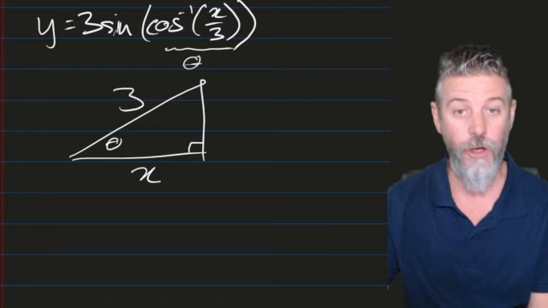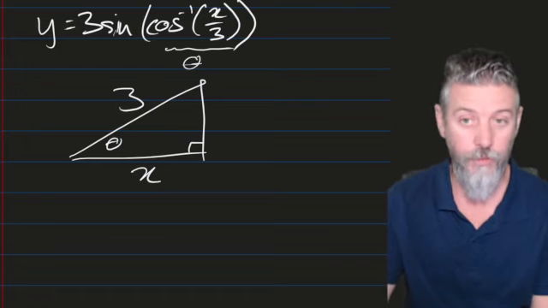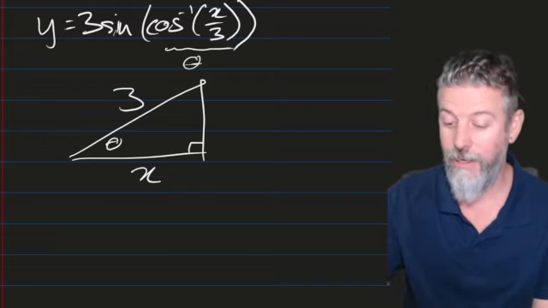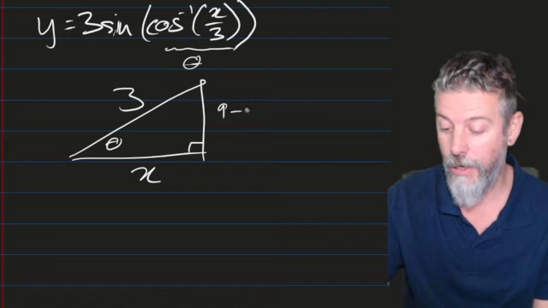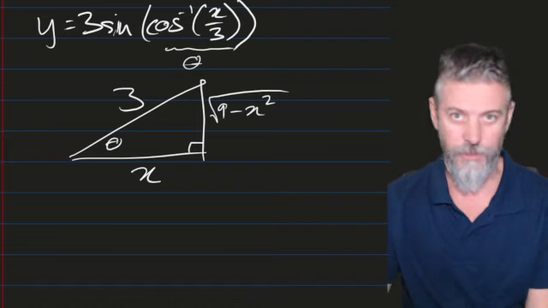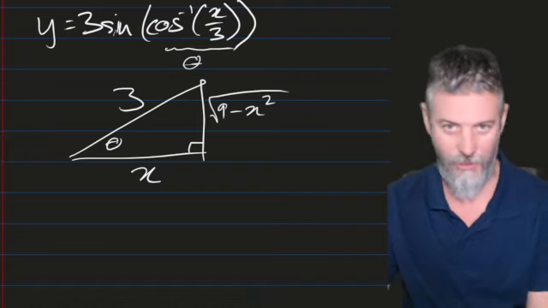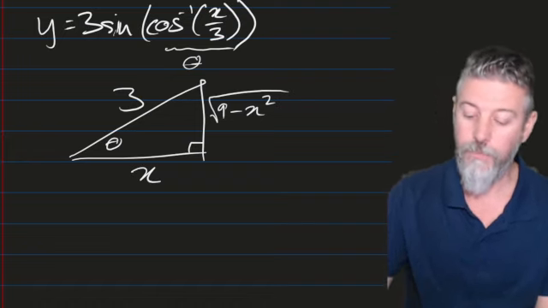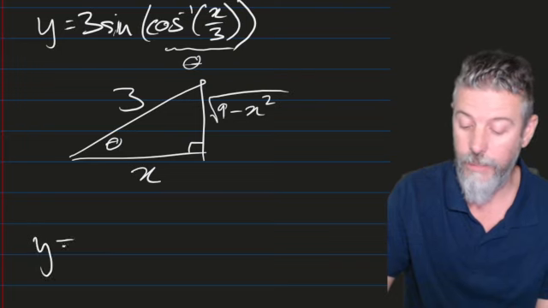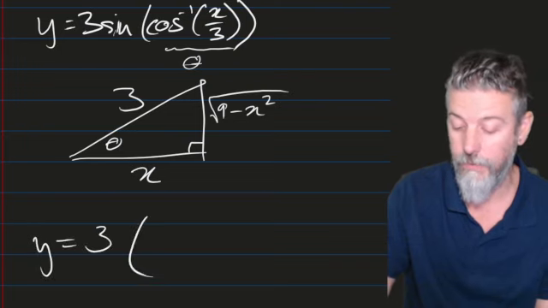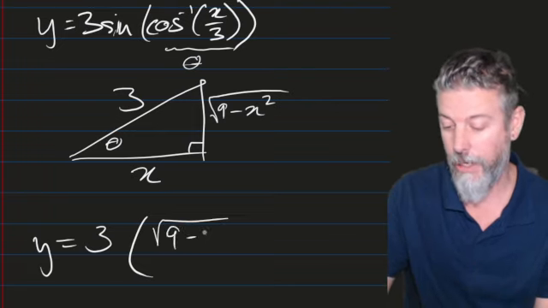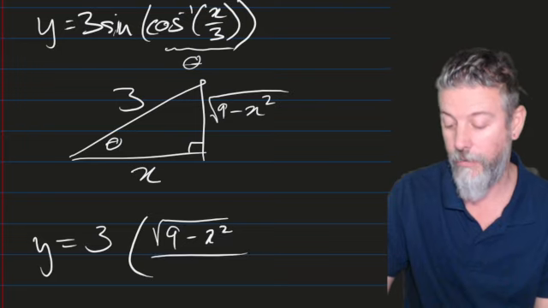Now, sine of theta is opposite over hypotenuse, but we don't have an opposite side. But thankfully, Pythagoras' theorem will get us through that, and this will be the square root of 9 minus x squared. Square the long side, subtract the square of the short side, take the square root of the answer. And now we can do sine theta. So we can say y equals 3 sine theta, and sine theta is opposite, root 9 minus x squared, over